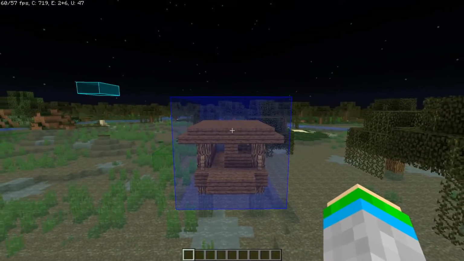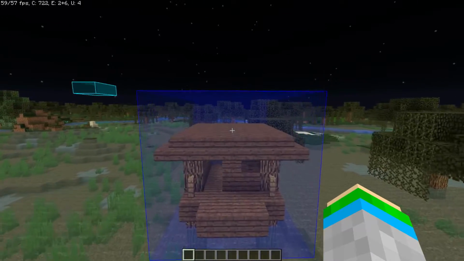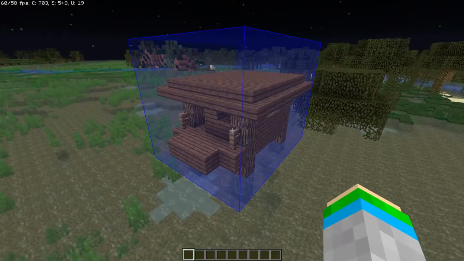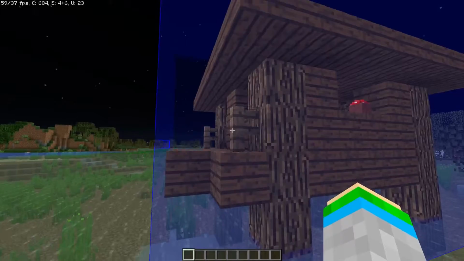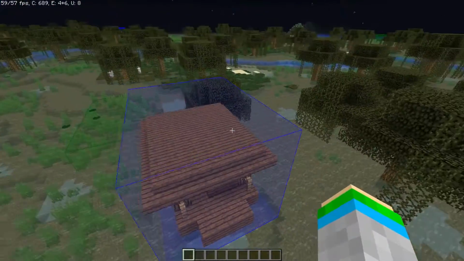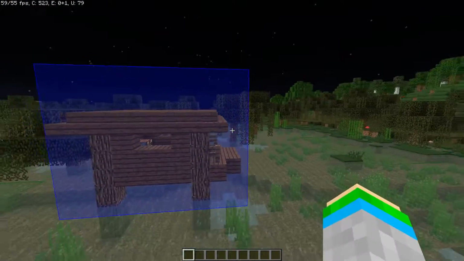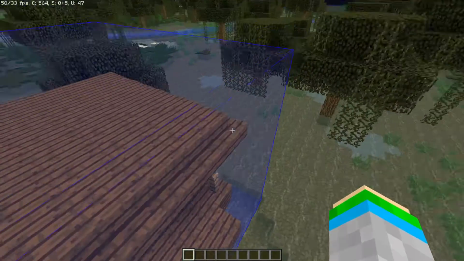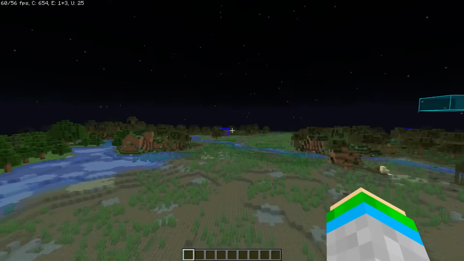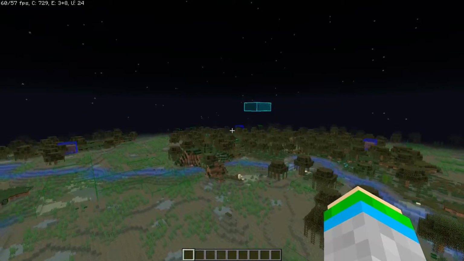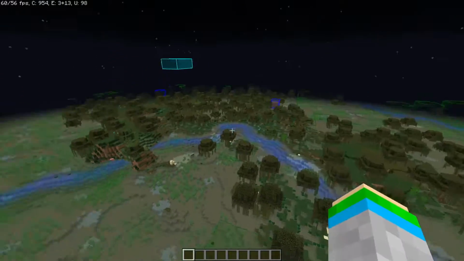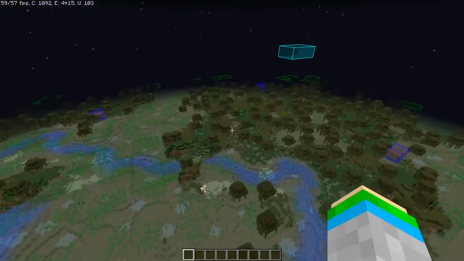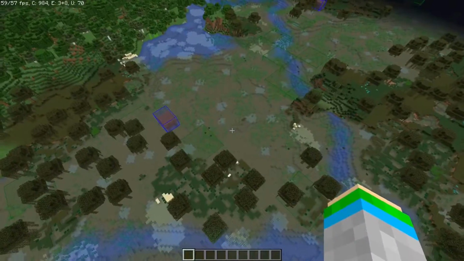From now on, I will only be showing you structures that actually have a purpose, because this mod basically shows the outline of everything. So next up is the witch hut, and you can see that has this blue box around it, which is very nice. And this just shows everywhere inside this blue box where witches are able to spawn. So again, another useful thing for building farms. And it looks like there's another one over there and another one there and there. So, oh my god, okay, this is a quad witch farm, and I believe those are extremely rare,